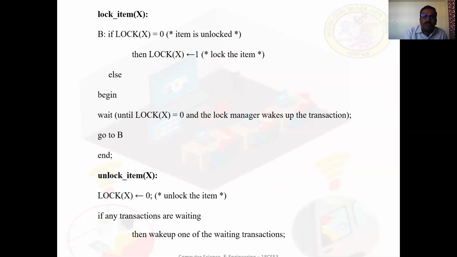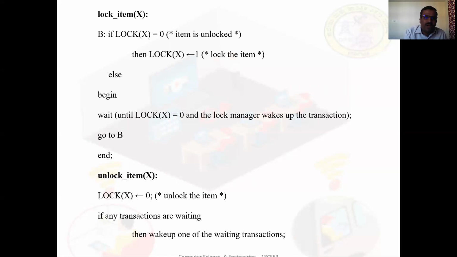Else begin, wait until lock of X is equal to 0, and the lock manager wakes up the transaction. Go to B. End.